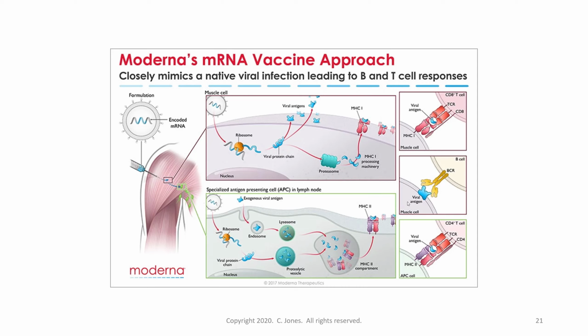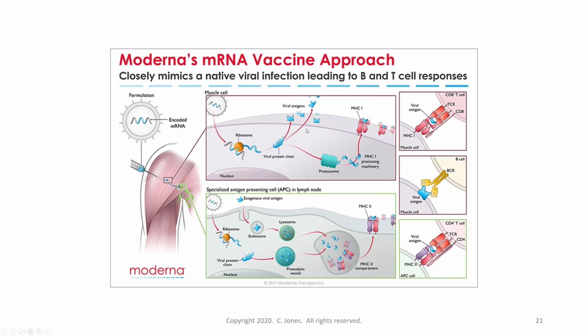And so here is Moderna's messenger RNA vaccine approach. We're actually injecting you with RNA that contains the information to make the spike protein on the virus. So the virus RNA that makes just one protein, not the whole virus, just one protein, the spike protein. The information to make the spike protein is injected into your cells, and your cells take that viral RNA, they read it. Your own cells make the spike protein.